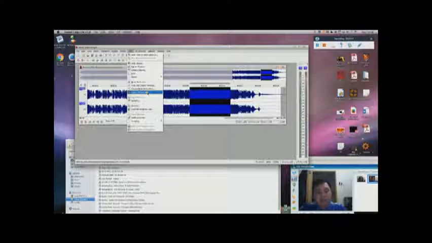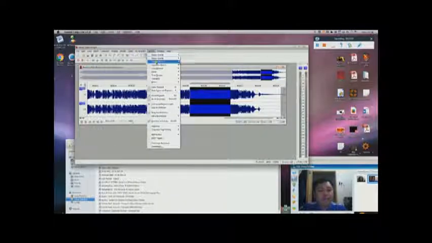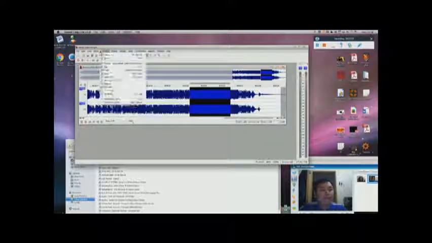So basically, those are all the steps for this video regarding audio editing software. So by using those several functions,